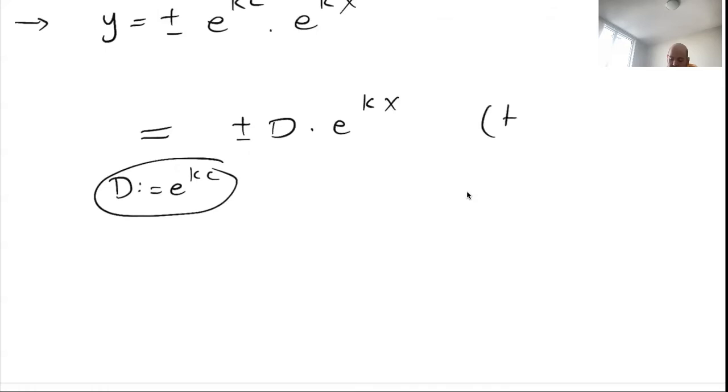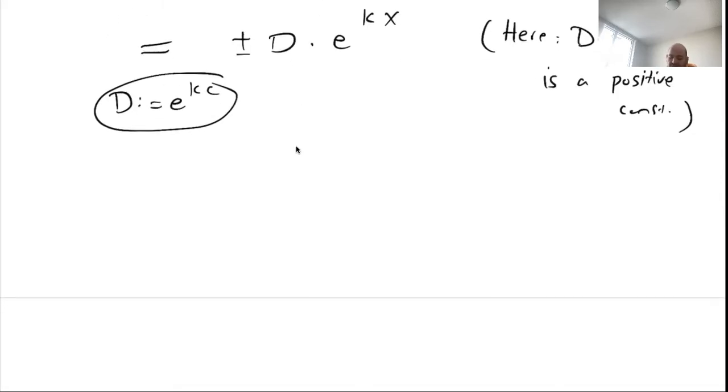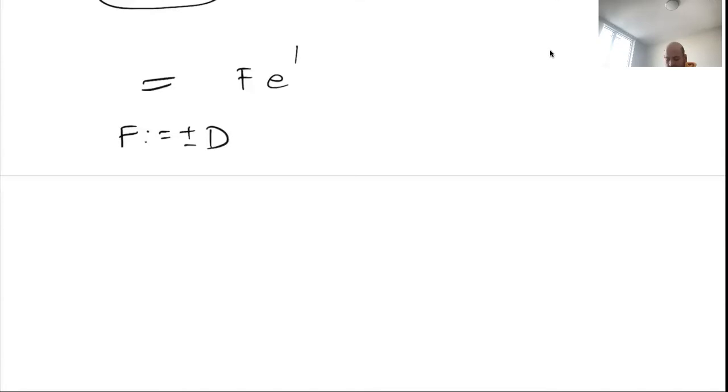And here d equals e to power kc is a positive constant. Right? Exponentials are always positive. So if c is a constant, e to power kc will be a positive constant. So d is a positive constant, but there is plus minus d. So if I call this whole package plus minus d, let's call it f, for example, then y equals f e to power kx,